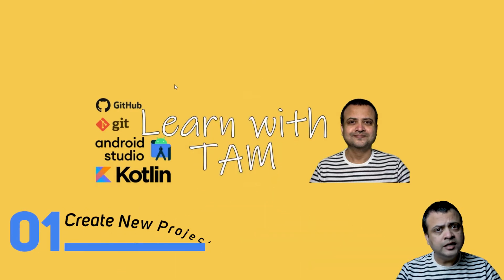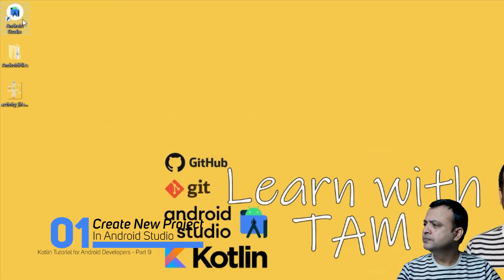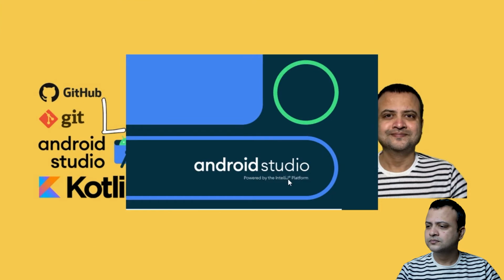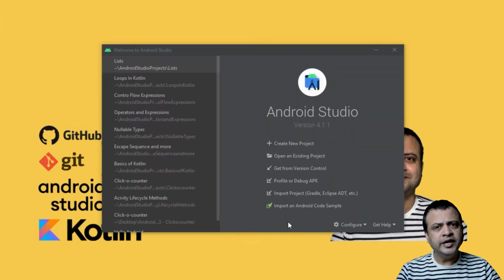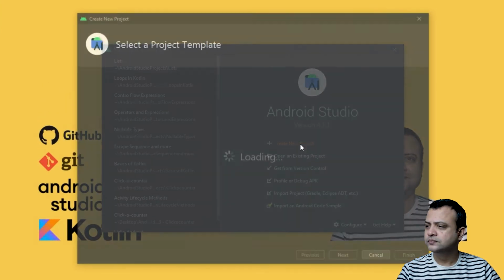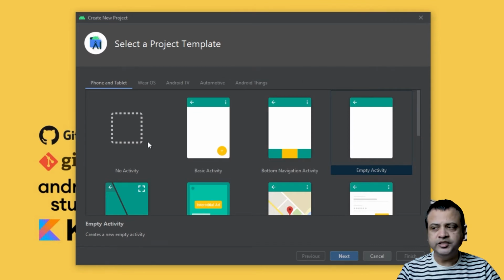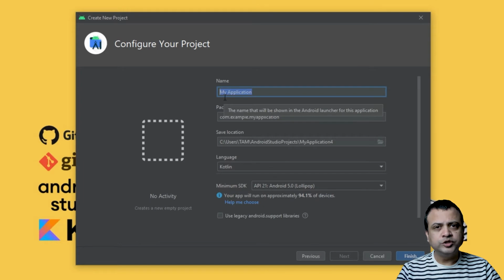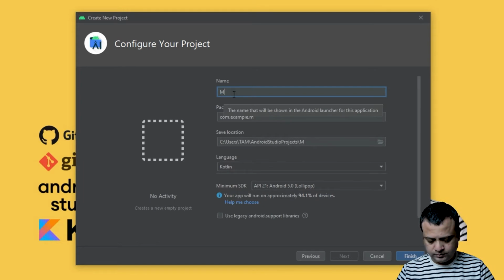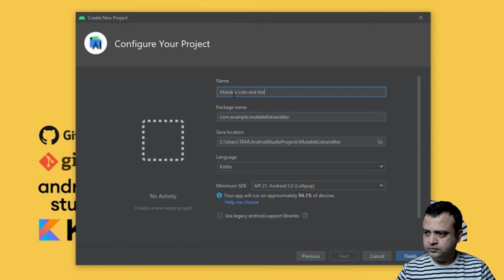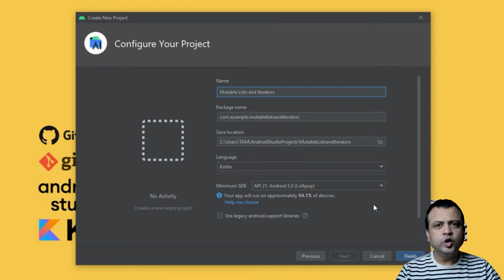As always, let's open Android Studio. Now click on Create New Project. Select No Activity, then click on Next. Give the project a name. Now click on Finish.